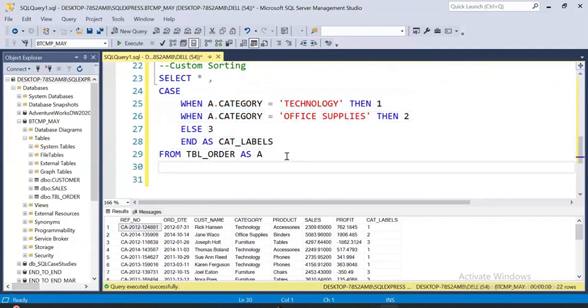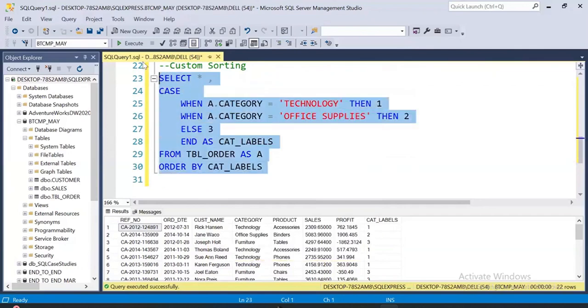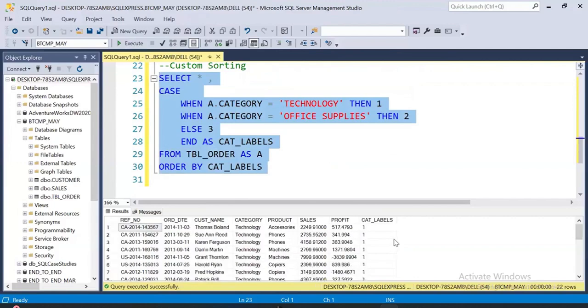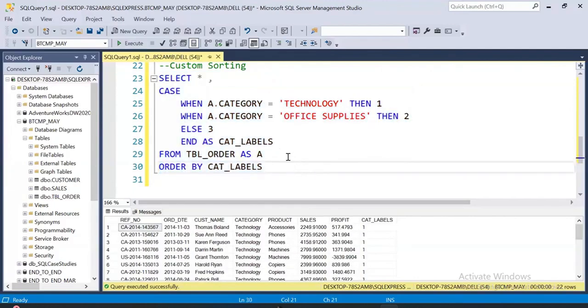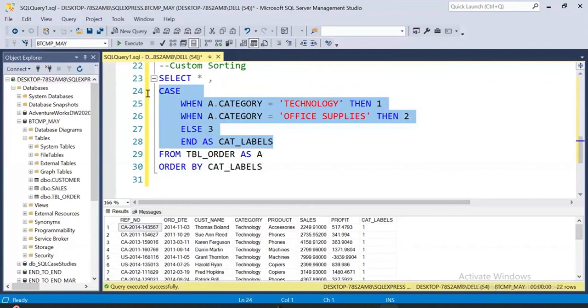I can simply say order by. I can use the alias name, cat labels, ascending. Let's say. Okay? So my data set will be sorted in ascending order. Right? This is one way. Now I told you that this is just to display. If you want to display the cat labels, if you don't want to display the cat labels, what you can do is simply